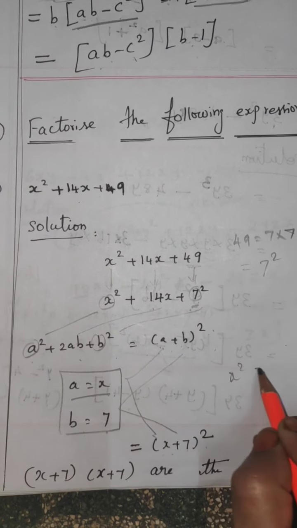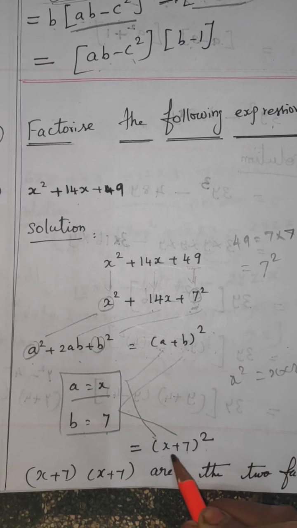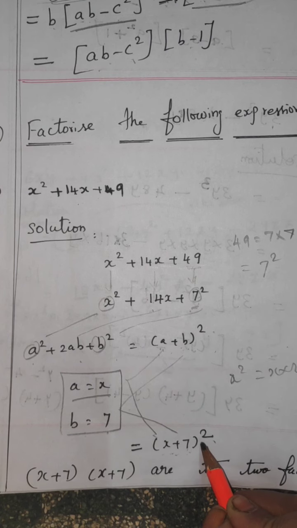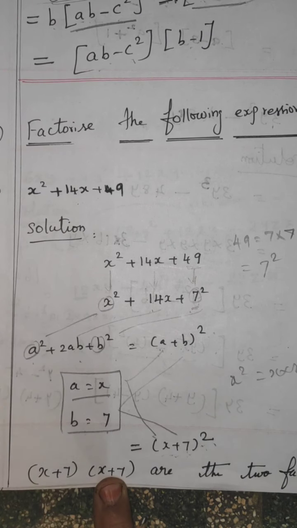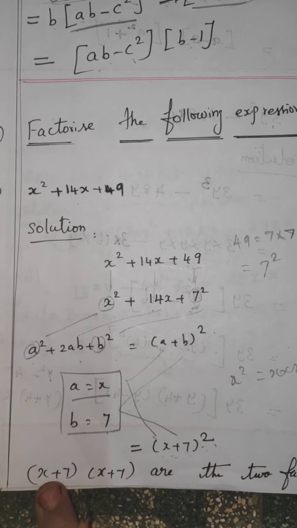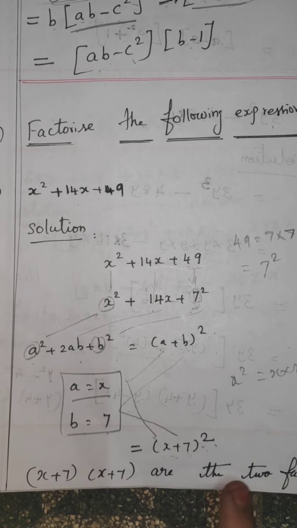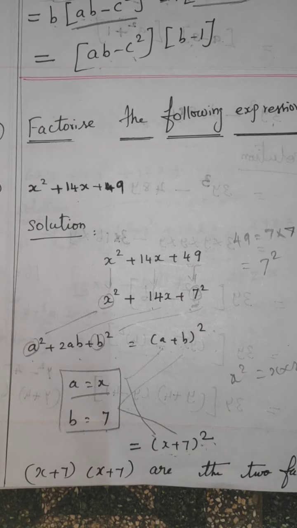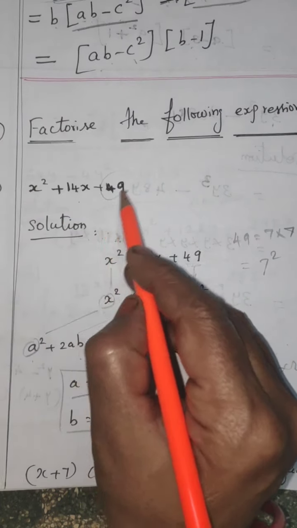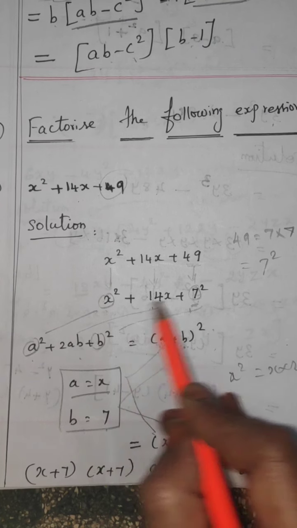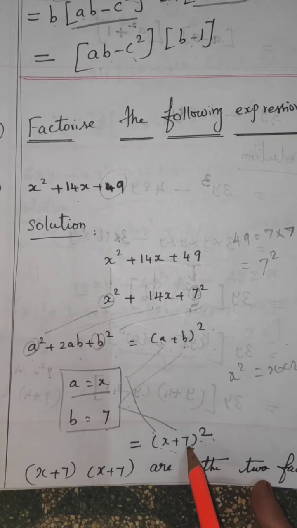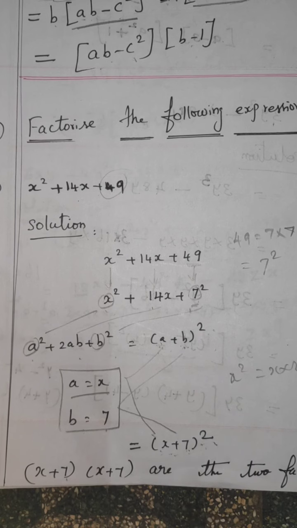So x squared, how do they expand it? X into x. So 7 x plus 7, how do you expand the whole squared? X plus 7 times x plus 7. X plus 7 twice, so x plus 7 are the two factors. Very easy work. X squared plus 49 only, 7 squared. A plus b whole squared, a for x, b for 7. So x plus 7 whole squared, x plus 7 into x plus 7 two times, are the two factors.